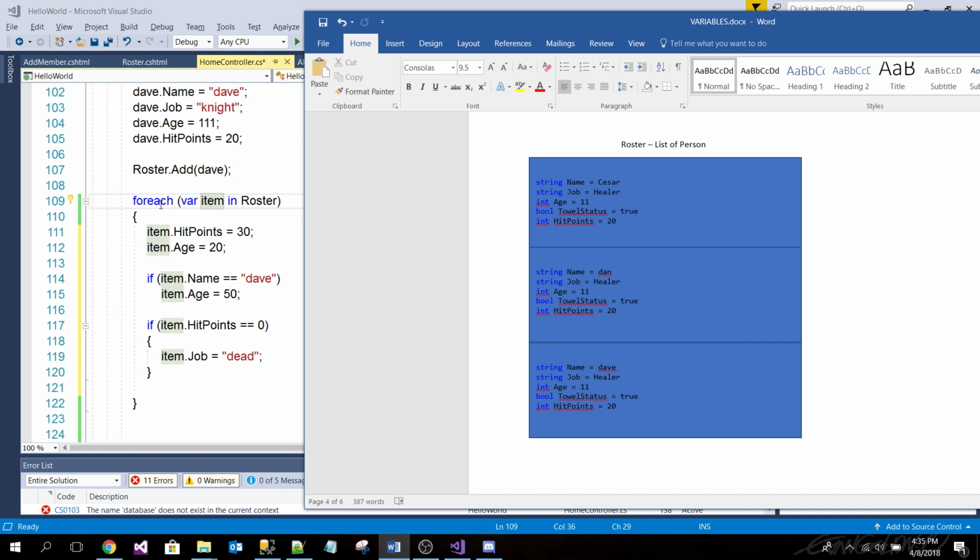So let's go line by line. What happens? So item. In this case, which person am I representing? The first item, the first time around, because remember it's a loop, so it's doing it a whole bunch of times. In this case, it's doing this 3 times, because that is the number of items in roster.